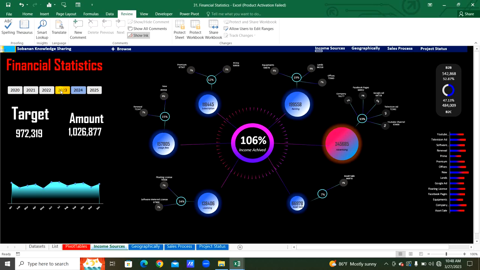And finally in this chart, the income achieved percentage: 95% in 2025, in 2022 100% achieved, in 2024 106% achieved, in 2020 94% achieved. So the remaining 6% is to be filled in this donut chart. The remaining blue and red colors: when the income is high, it will highlight it in red color. See in the next year,